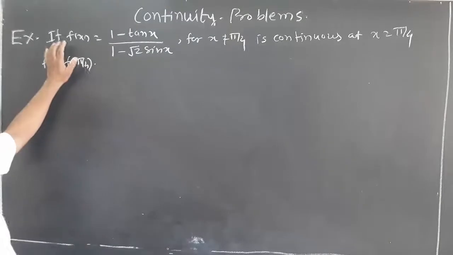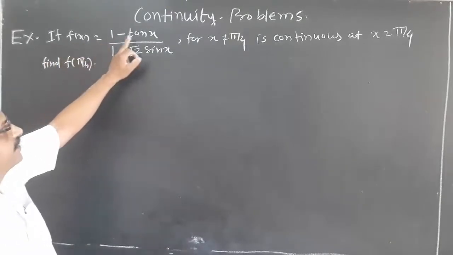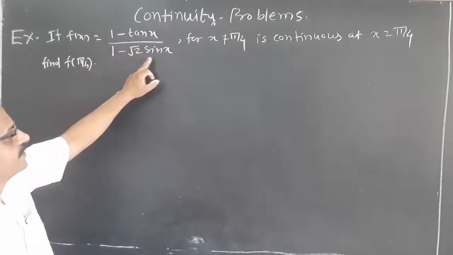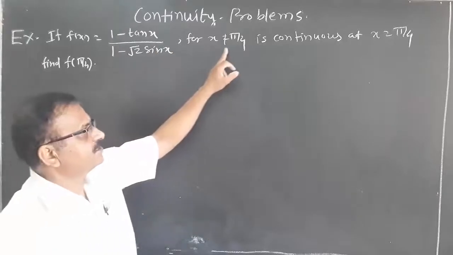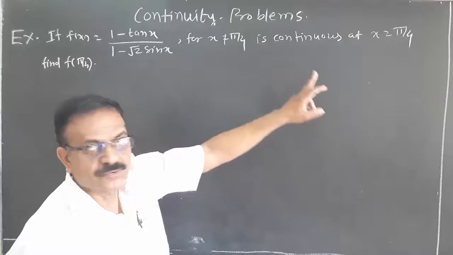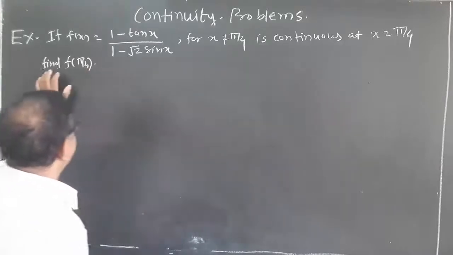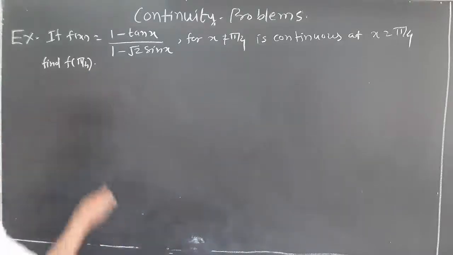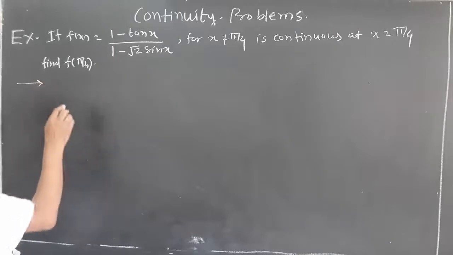Solve the problem. If fx equal to 1 minus tan x divided by 1 minus root 2 sin x for x not equal to pi by 4 is continuous at x equal to pi by 4, then find f of pi by 4. By the definition of continuity, we know that